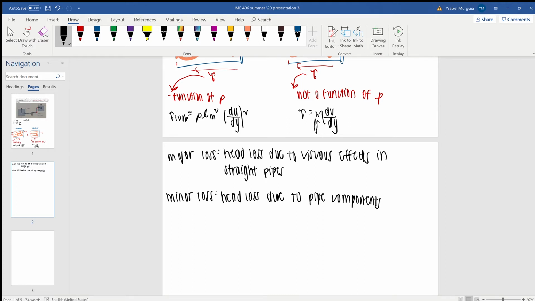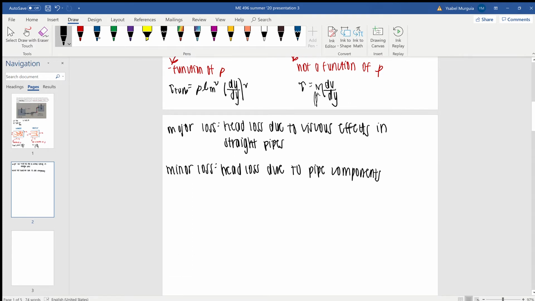Okay, and these together will be the total loss. So head loss will be the minor head losses. Total head loss is equal to minor head losses plus major head losses. Okay, and then again, major loss exists in every pipe